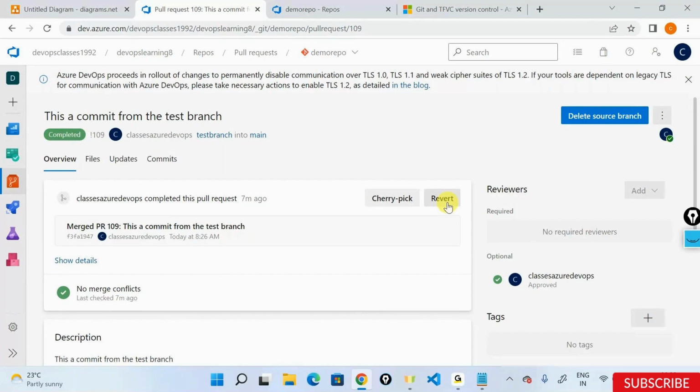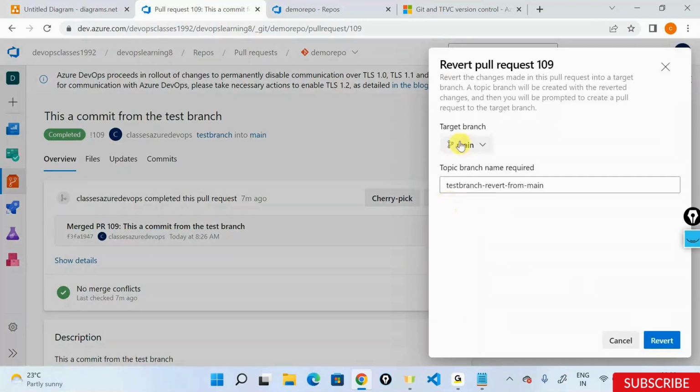You say revert, and now it's telling, okay, fine, how do you want to revert it? You are trying to revert the pull request name. Reverting the changes in this pull request into the target, a topic will be created. Meaning it's telling, if you want to revert a change, I will create a new branch. It's telling test branch revert from main. I'll say revert,